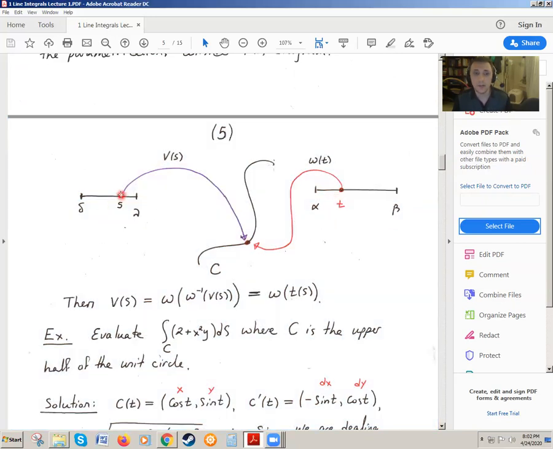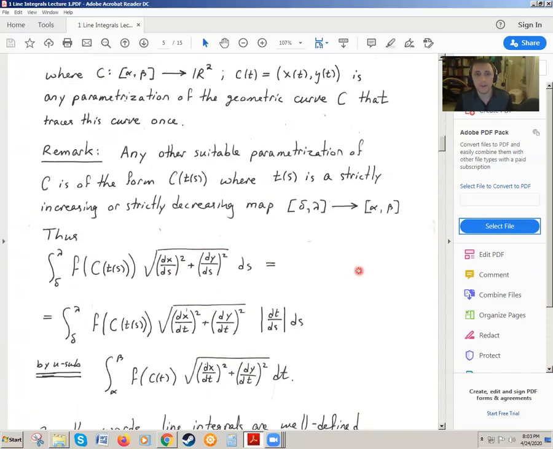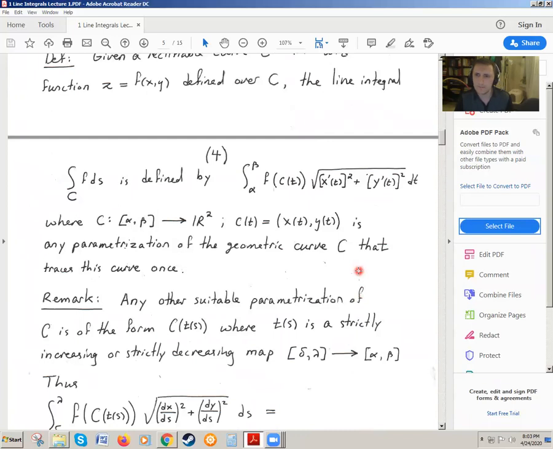So now what did I do? I defined the function T of S. I defined a function that describes, for each S, what should be the corresponding T to be there. And so you can see that V of S equals W composed with W inverse of V of S, which means it's W of T of S. Okay. And that is to say that every parameterization can be programmed, so to speak, by